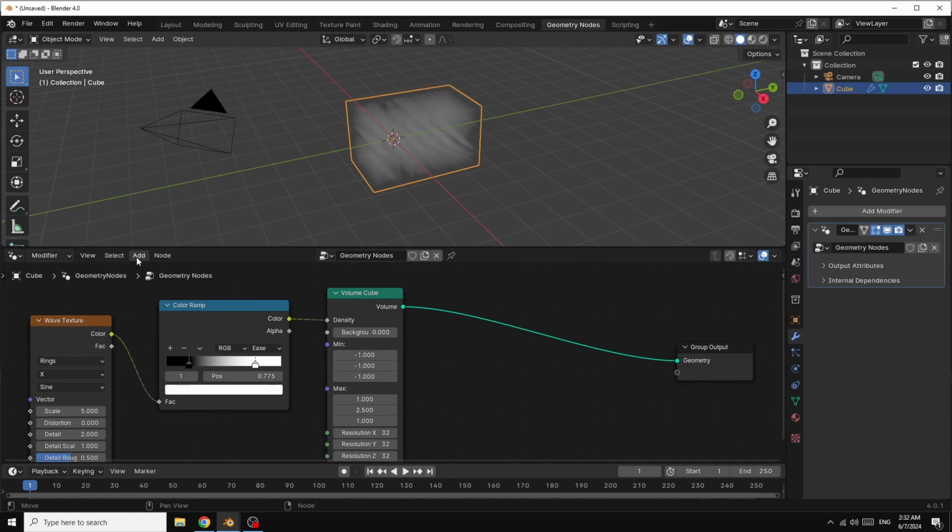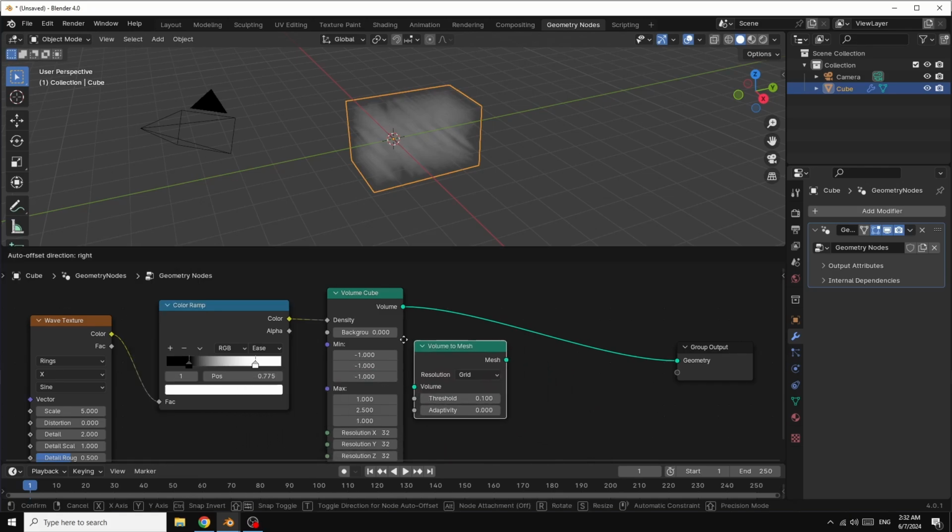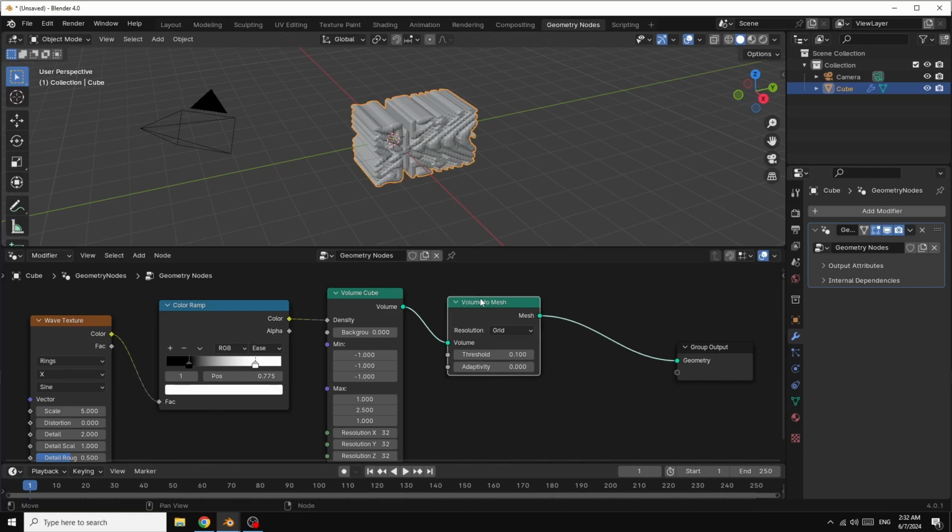Now go here and add. In volume, we select volume to mesh. We want to make this volume to mesh. Put it here, and now increase here the number. I give it maybe just like this.